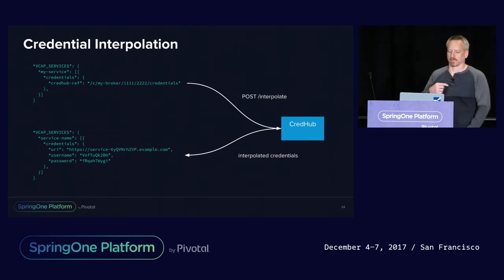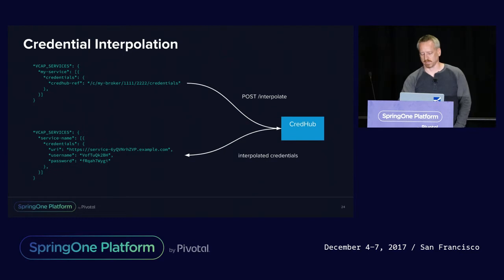Peter mentioned that when you store credentials, you can assign permissions to them, so you can control who has the ability to do this interpolation through authorization. So with that CredHub interpolation,